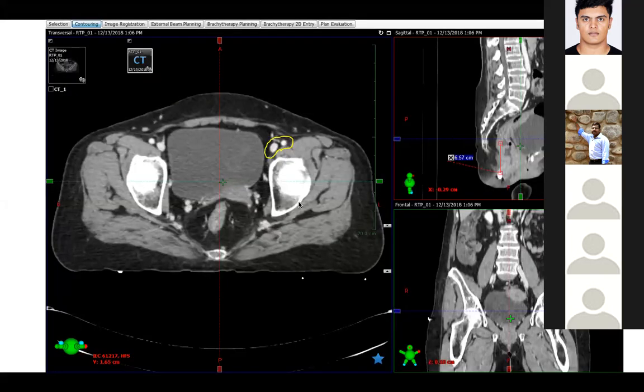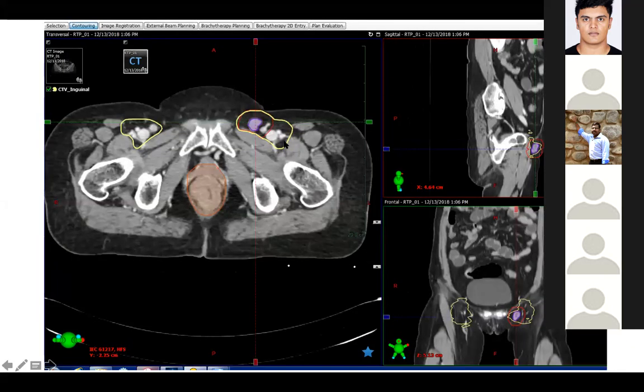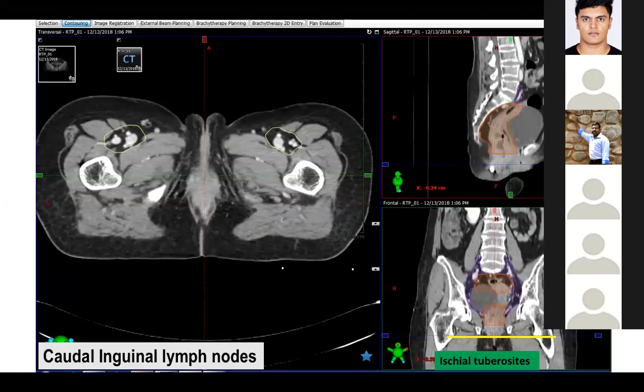So look at the inguinal over here in yellow. We go down and cover everything: any lymph nodes, any vessels, everything would be covered. And this is a 2 centimeter margin. This is of variable depth depending upon how much body fat there is, and we need to ensure that adequate coverage has been given to these areas if we want to treat them.